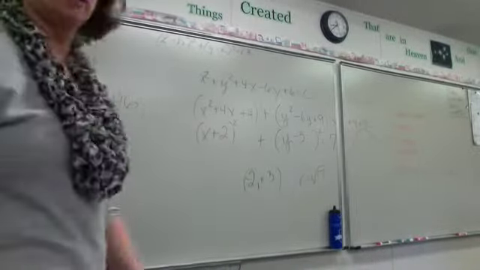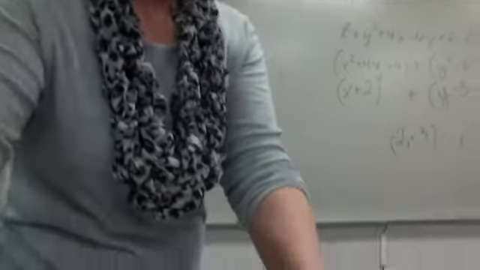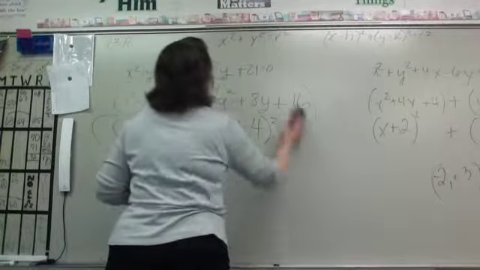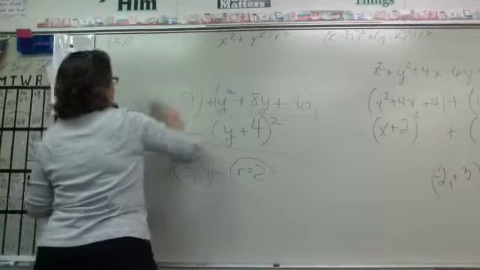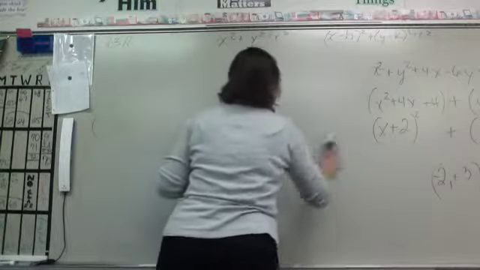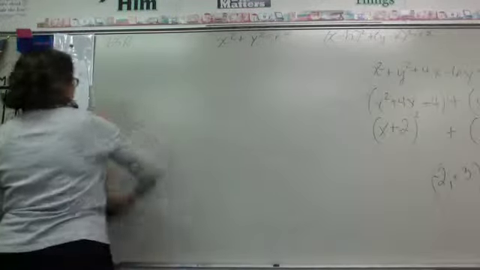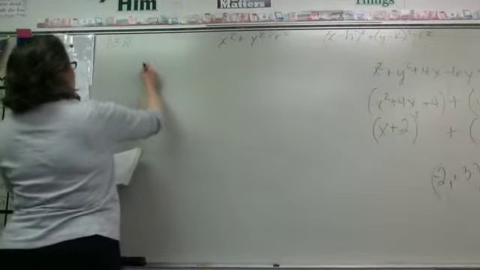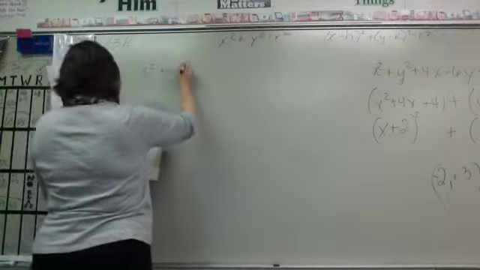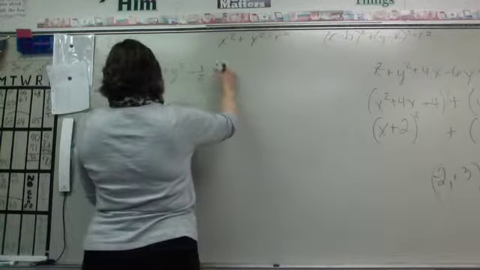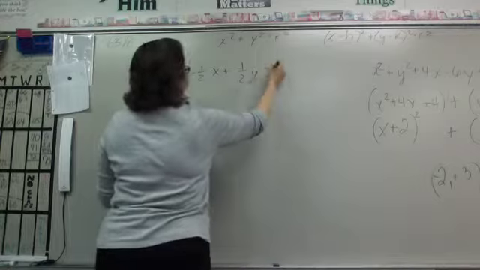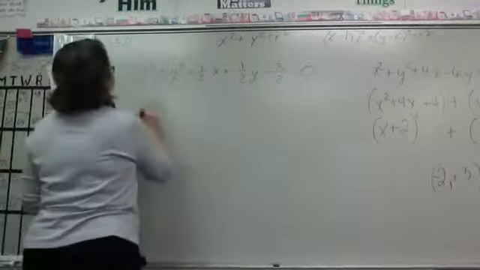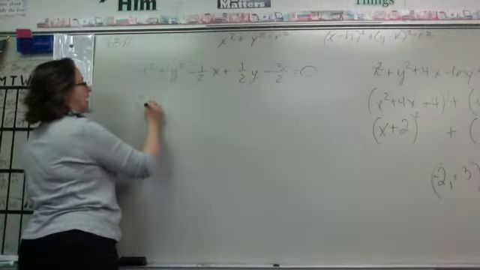That was example number 2. Let's look at the next one because it has fractions. And this one is x squared plus y squared minus 1/2 x plus 1/2 y minus 3/2 is 0. Okay, so this one, when I separate it into x's and y's,